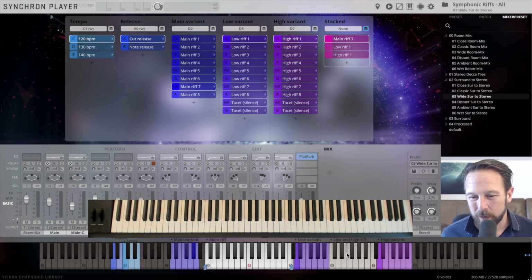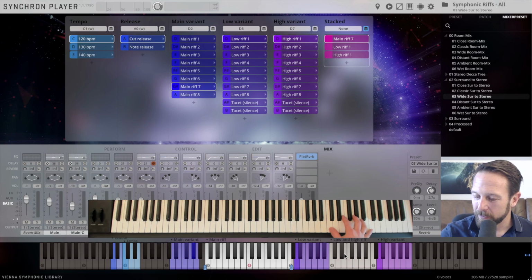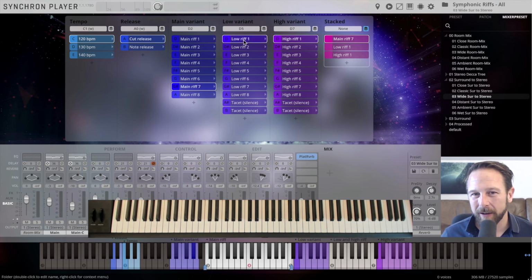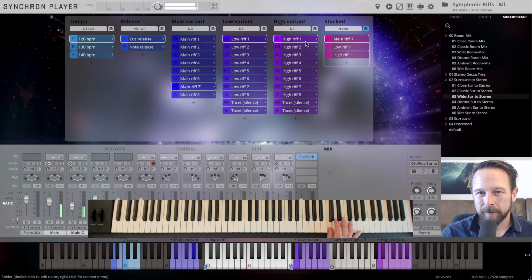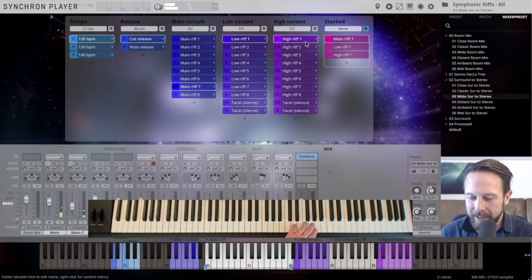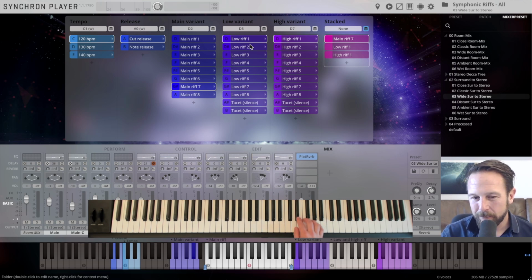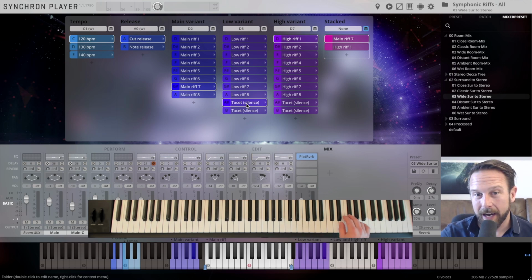And now we're going to go to the low and high riffs that are available from C6 to C7. And you always hear 2 riffs up here, the low and the high riff together. So that's low riff 1 and high riff 1. And the key switches for the low riff are from D5 upwards. So I'm switching between those different riffs. And I can also say, hey, I don't want the low riff to sound, but I want it to be silent. And now when I play in this octave, I only hear the high riff.